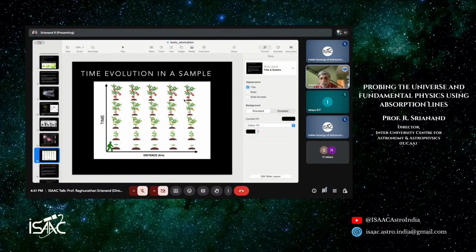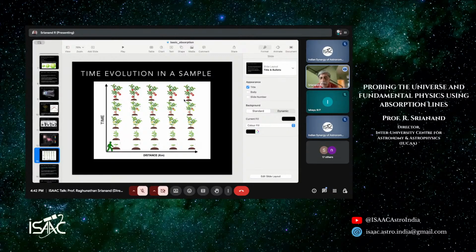So he is looking at the universe, how it is changing. He is looking at this plant, how it is changing. Similarly, you can think of photons looking at the universe and seeing how it is changing. Thereby, on its trajectory, the photons can imprint the evolution of the universe between the time the photon starts its journey from a distant object and reaches us. This is the simple philosophy of what we call cosmology.